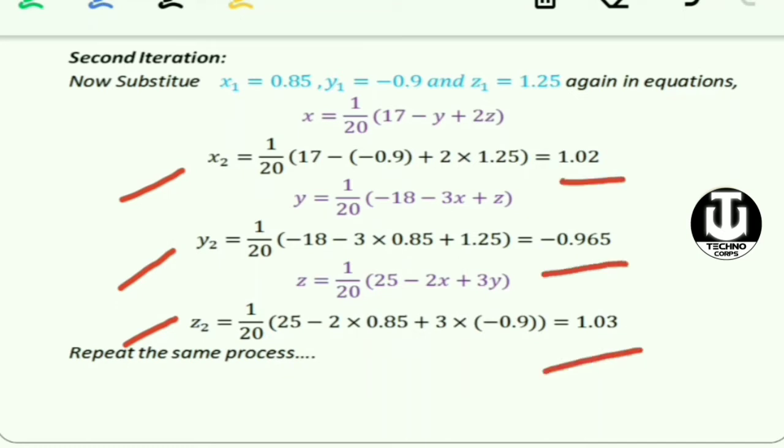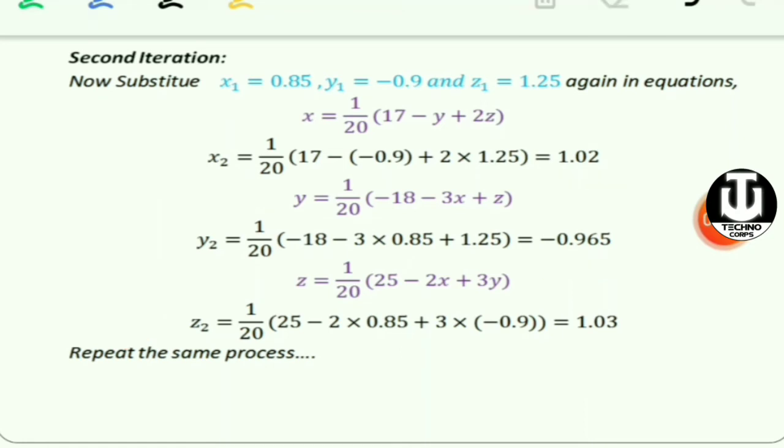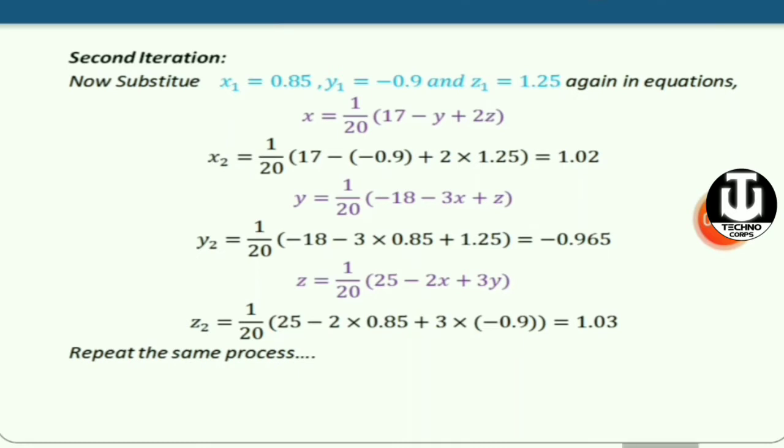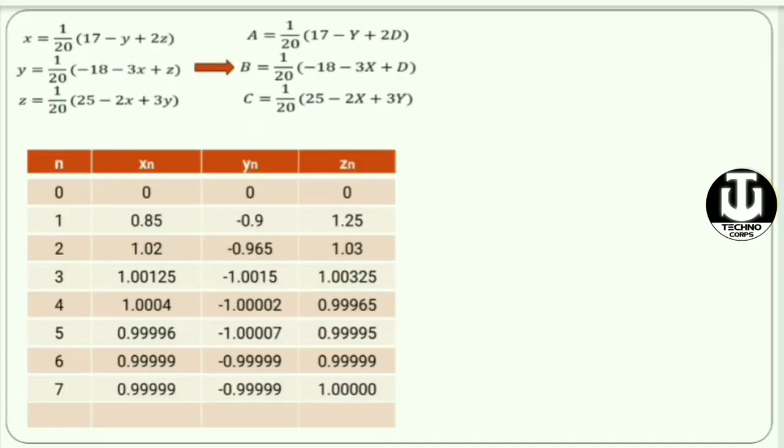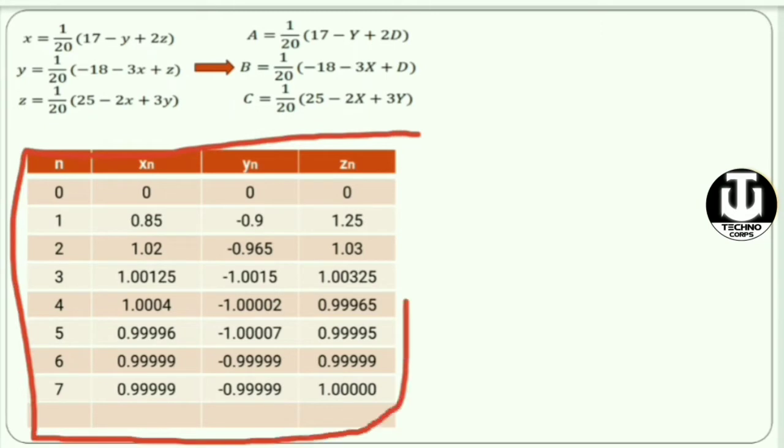So we have to go for further iterations using the same process until we get the desired accuracy in the answer. That is the procedure, so we have to repeat the same process. Now I am showing you the solution in the form of a table. The number of iterations I have shown, you have to repeat it. But because we are going to get the solution with the help of a calculator, I am just giving the summary as you can see in this table.